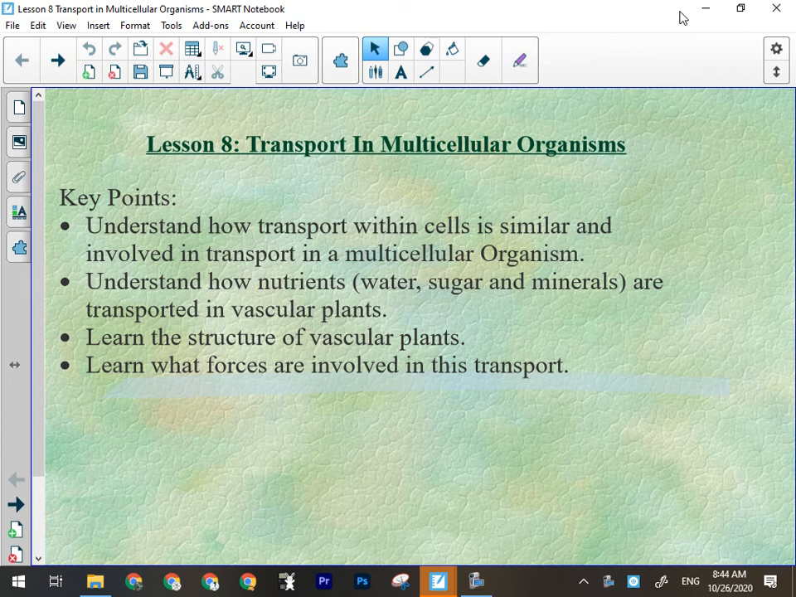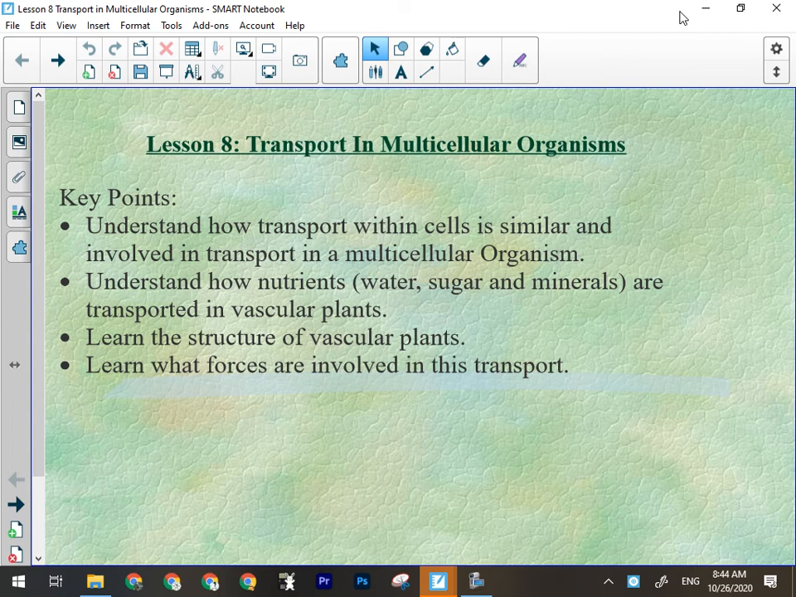That is, some of its cells are different than other cells. They all have different jobs, but they work together. All right, because that's kind of the big theme of the second half of the unit, is that a multicellular organism is still made up of individual cells, but those cells are all very different and have different jobs. Okay. So we need to first off understand how transport within cells is similar and involved in transport in a